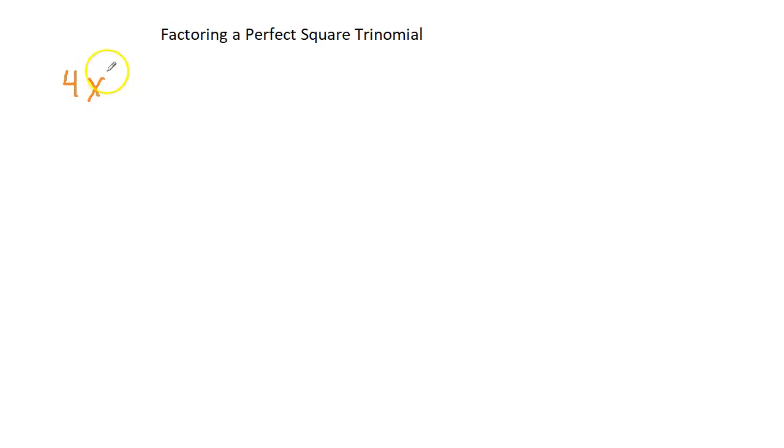We have 4x squared minus 4x plus 1. All right, our first term is a perfect square. Our last term is a perfect square. If I were to factor them, as in take the square root of this, the square root of 4x squared is 2x. Okay? And the square root of 1 is 1, and if I were to multiply 2x times 1 and double it,